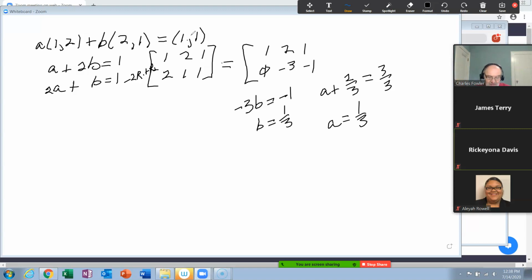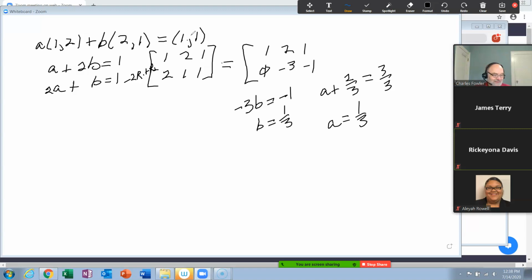55 should be at calcchat, and then there's a true false 57 with 2 parts, so that should be at calcchat. There's a writing exercise, if you want to look at that and see what they would have written, that should be at calcchat as well. I hope, I don't know for certain. 61 should be at Calc Chat. 63 is a proof. It should be at Calc Chat. 65 or 67, I think, are both proofs, or at least steps in proofs, and they should be at Calc Chat. So you can do any of those.